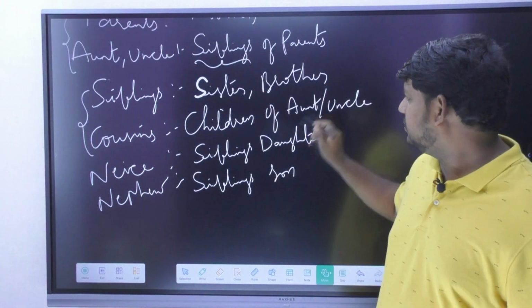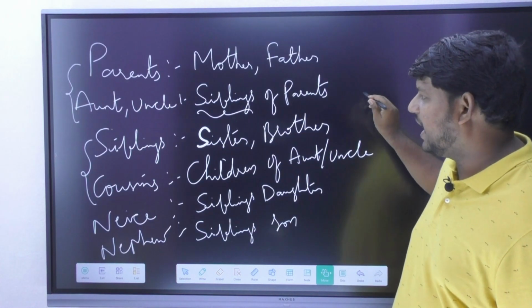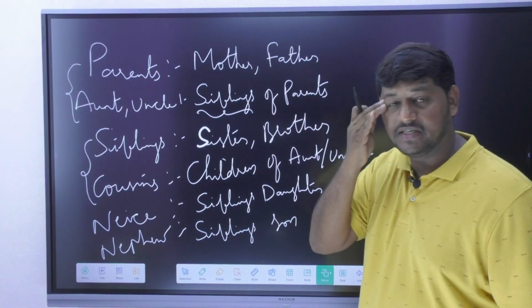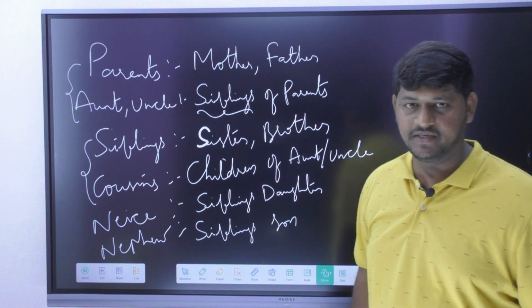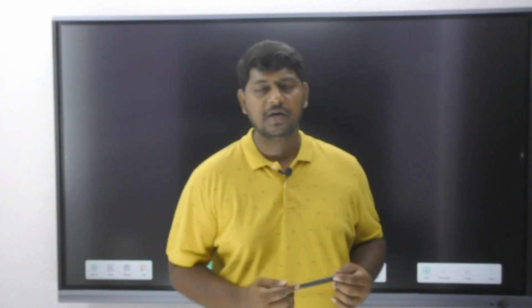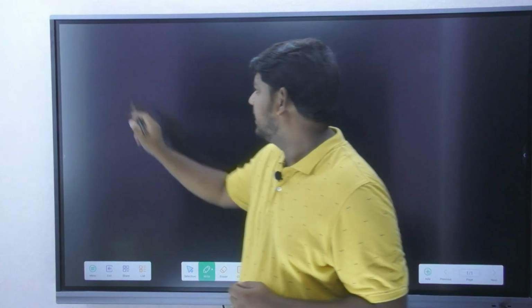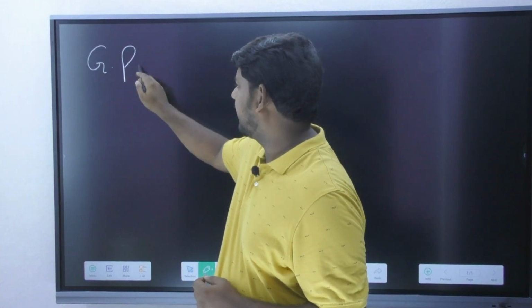But when it comes to the previous information, then I have to say these relations are actually your own blood relations. Am I clear? Now let's observe the missing relations we have got here. As of now, we have seen our own blood relations and as well as the relations which occur to us through the system of marriage. Now let us also observe what are the relations we have got here. They are nothing but your grandparents.